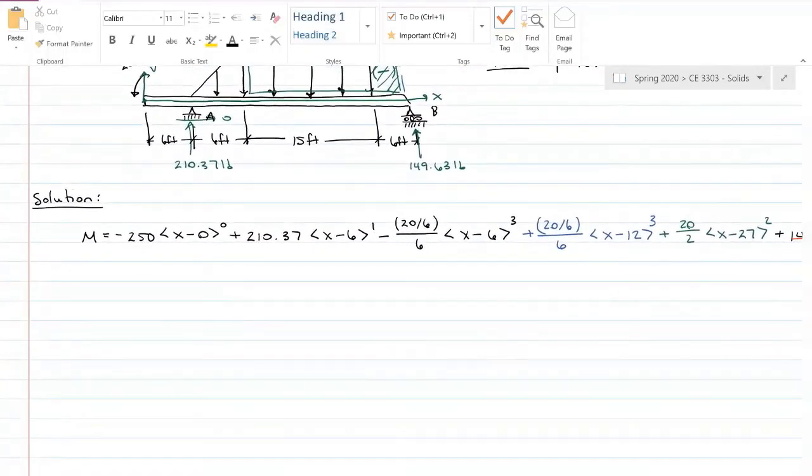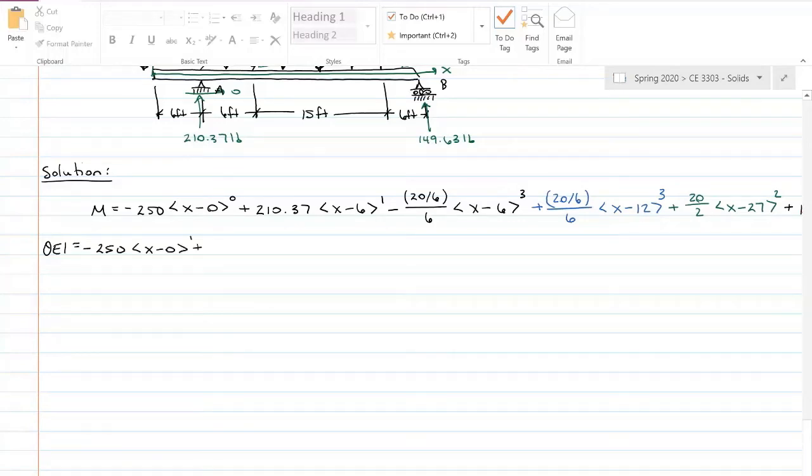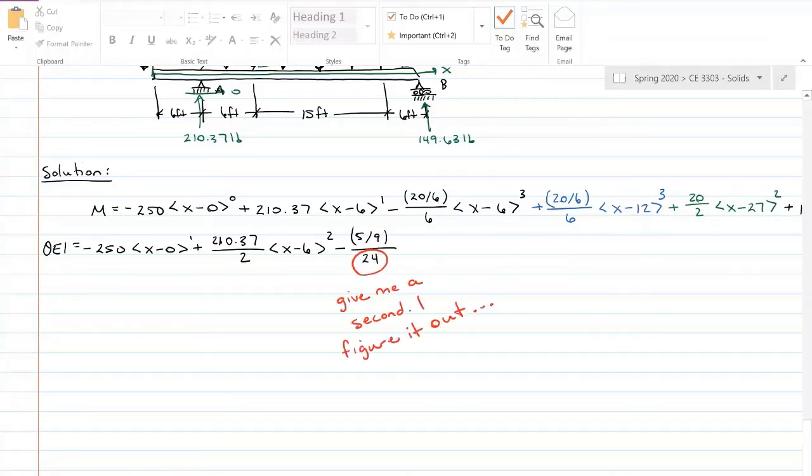So there is our moment equation. So now I need to integrate twice to get my slope and deflection. Theta EI is equal to negative 250 times x minus 0 to the first power plus 210.37 divided by 2 times x minus 6 to the second power minus, okay, 20 divided by 6 simplifies a little bit to 5/9 divided by 6 times 4, 24